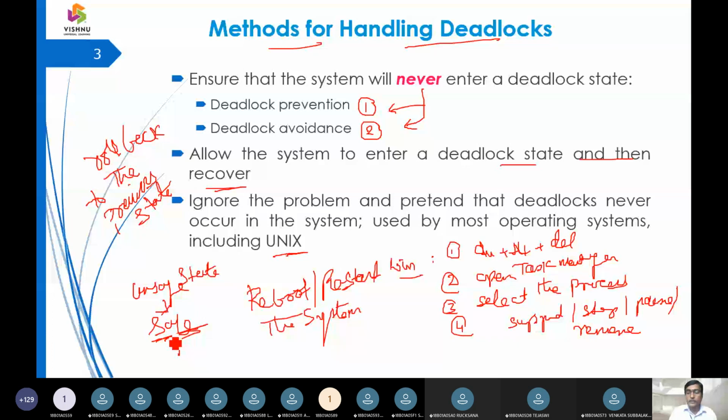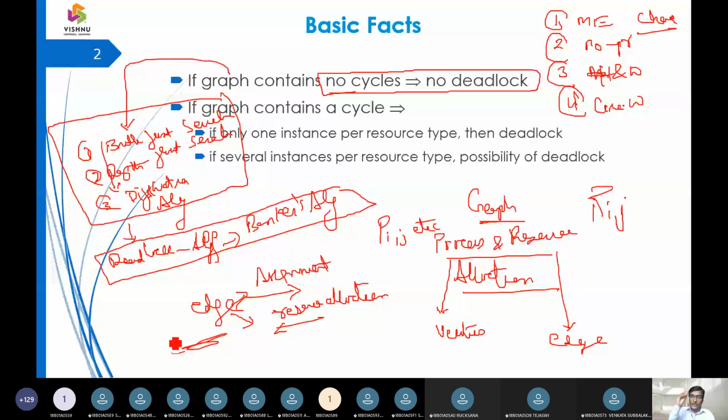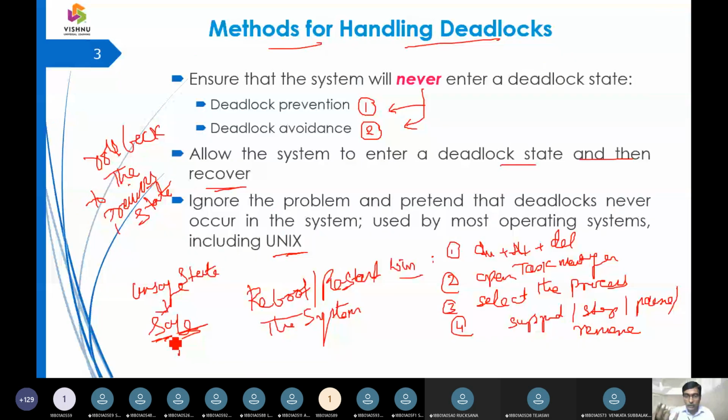Okay, so now we are going to conclude the class. Today's takeaways: we talked about the 4 characteristics of a deadlock, that is mutual exclusion, hold and wait, no preemption and circular waiting. Then we talked about how deadlocks can be represented in the form of graphs, using depth first search or breadth first search, representing processes and resources as vertices and edges. So deadlocks can be prevented or avoided if these 4 conditions are handled. Those are the different methods. A detailed description of how to prevent and avoid deadlocks will be taken up in our next class.